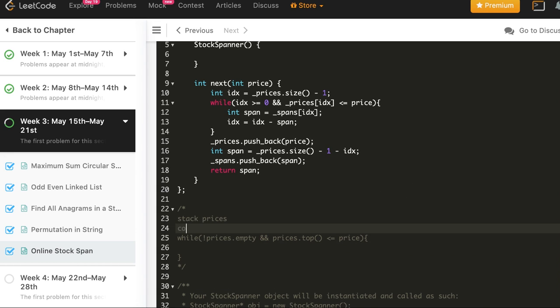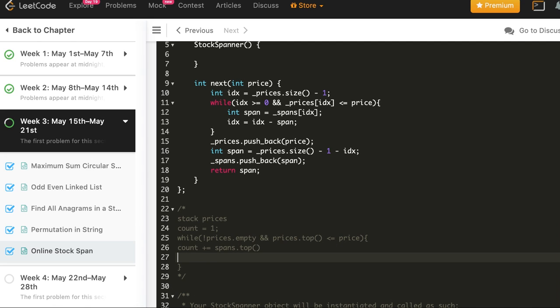So here we can have some count, initialized to 1, since the minimum span will be 1. And then we keep incrementing the count. Count plus equals spans.top, and then also prices.pop. So we will pop all those intermediate values and keep adding to the count, and finally we will